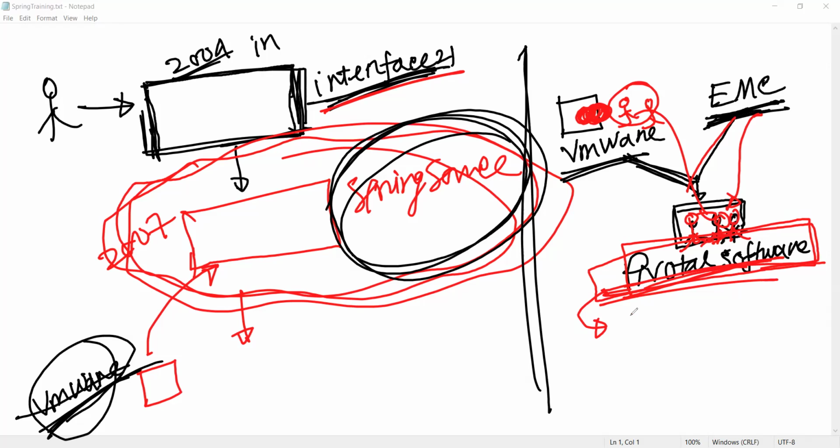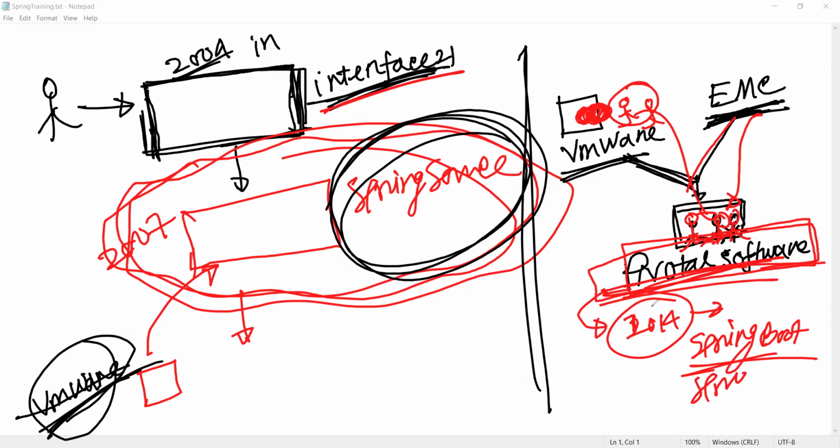In 2014, I hope, they created the Spring Boot module. Mainly in 2014, Spring Boot came into the market from the Pivotal Software company.